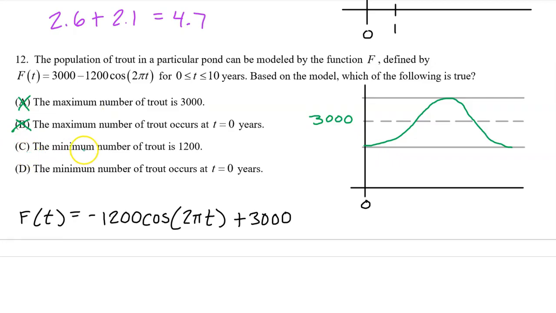Option C, the minimum number of trout is 1,200. Well, the minimum is going to be the middle value minus the amplitude of 1,200. 3,000 minus 1,200 is 1,800, not 1,200. So the answer is not C. The minimum number of trout occurs at t equals 0 years. Yep, that's what our graph predicts. So the answer is